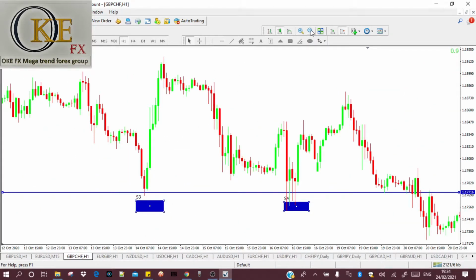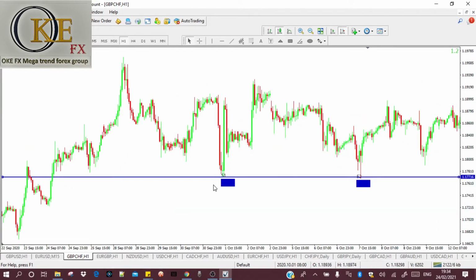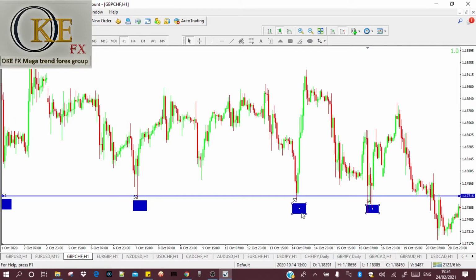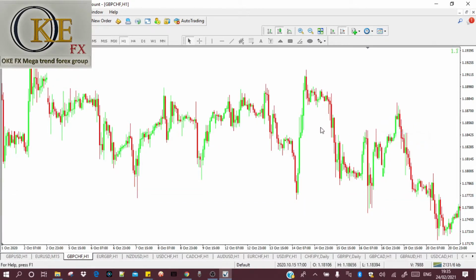But just focus your attention on this. This is just what I'm trying to show you. Notice support 1, support 2, support 3, support level 4. So price kept rejecting at this line, at this zone. So this is what we call a horizontal support. Remember, I showed you that that's a resistance. A horizontal resistance is just a direct opposite of a horizontal support. So that being said, we'll jump into the next one, which is